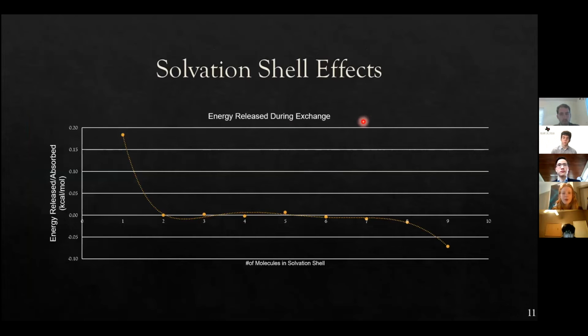The next thing that we wanted to investigate was the effect of the solvation shell. Again, these droplets are forming in ESI and they're very rapidly evaporating. Previous experimental work in the Gallagher group had shown that hydrogen deuterium exchange is not going to take place once that sugar enters the gas phase.